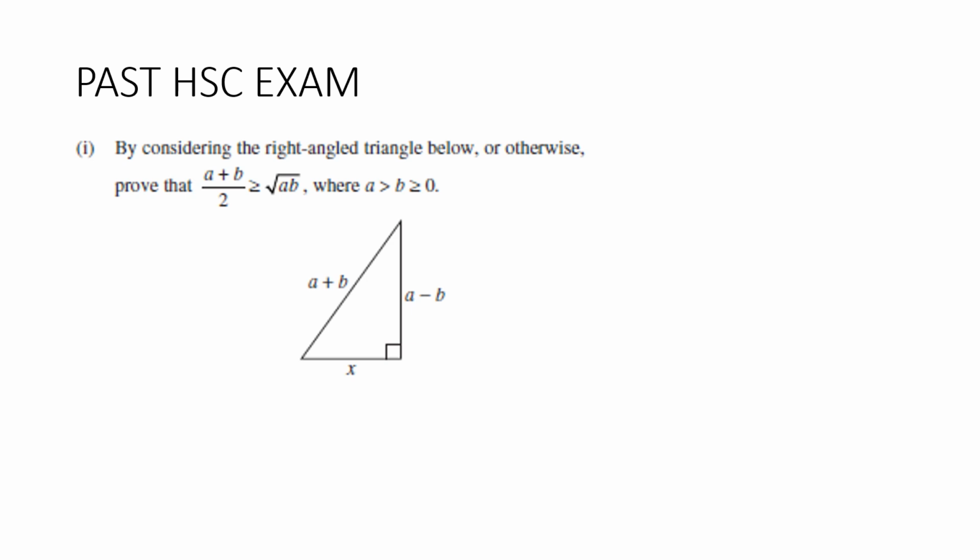So we can do this two ways. We can use the right angle triangle, or we can do it another way. So I'm going to show you both methods. We're going to use a method similar to what I just did first, and then we'll do it using the right angled triangle. Okay, so I'm going to start by taking the square root of AB over to the left-hand